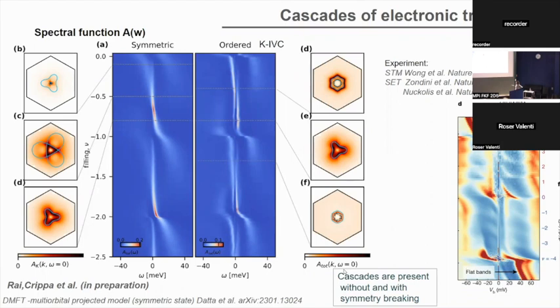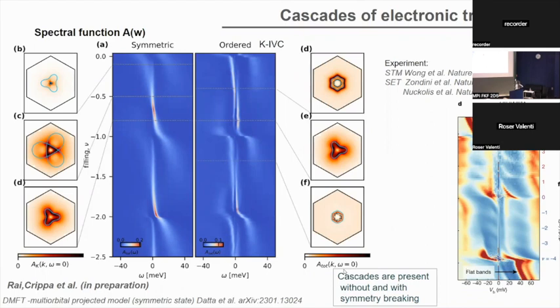Here is the Fermi level, and I'm showing basically the maximum of the spectral function, where one observes going from this insulating state into this metallic state. Then there is a reconstruction of the Fermi surface, depending on the filling, and when we reach almost the next filling, there is a resetting, as is observed experimentally in these results